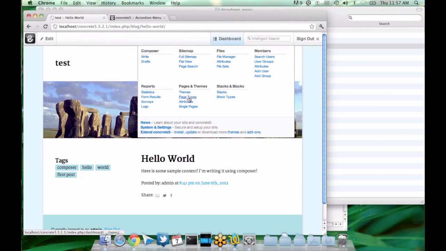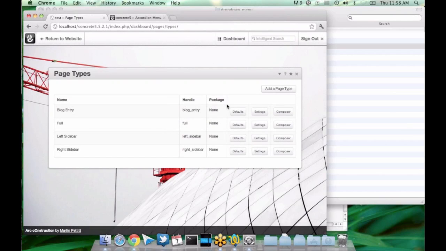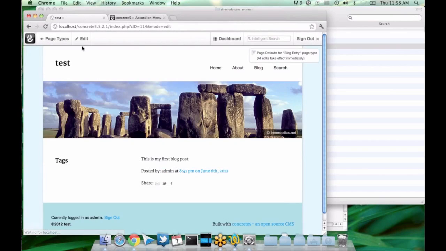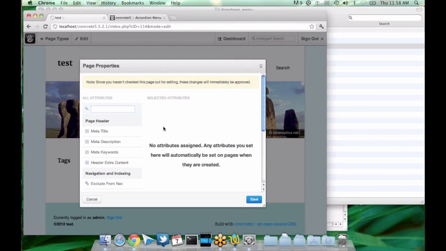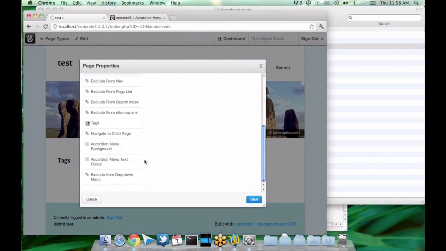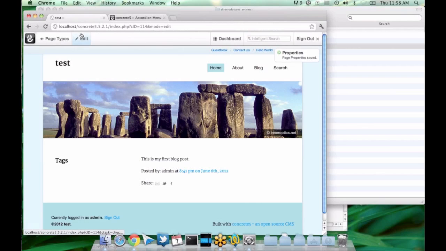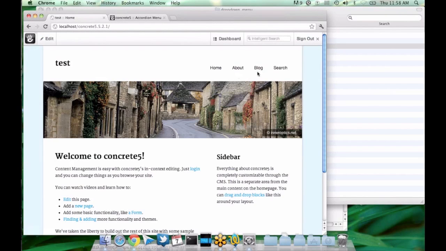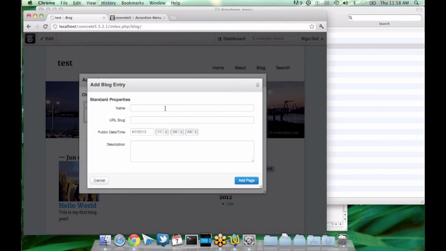What you can also do, as of 5.5, is go into your page defaults and hit defaults here. This should work. This is the defaults page for my blog entry page type. You can go into properties for this particular page type, and you can say, anytime I make a page of this type, I want it to exclude from the drop-down menu. And now, if you return to your website and you go underneath blog, if you add a subpage of blog entry,